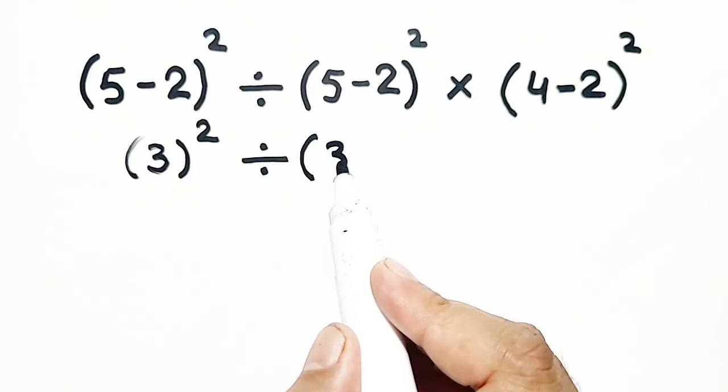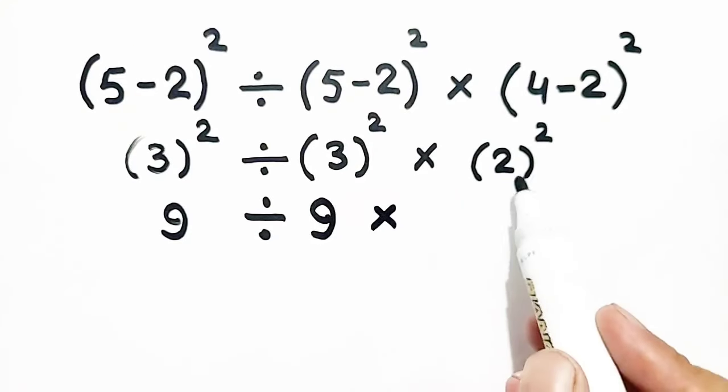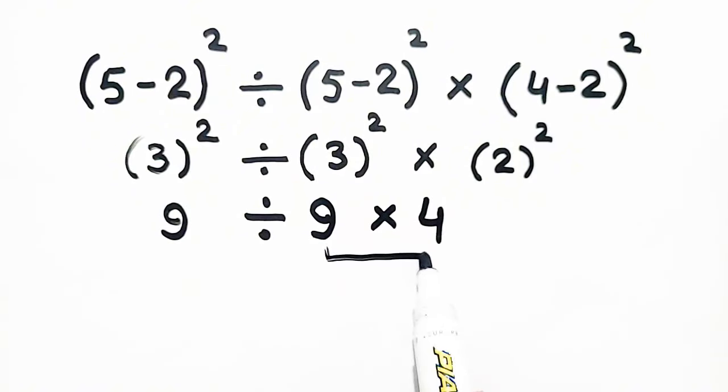2 squared. Okay? Now, 3 squared will be equal to 9, and 2 squared will be equal to 4. Now, don't calculate the multiplication first, because according to the math rule,